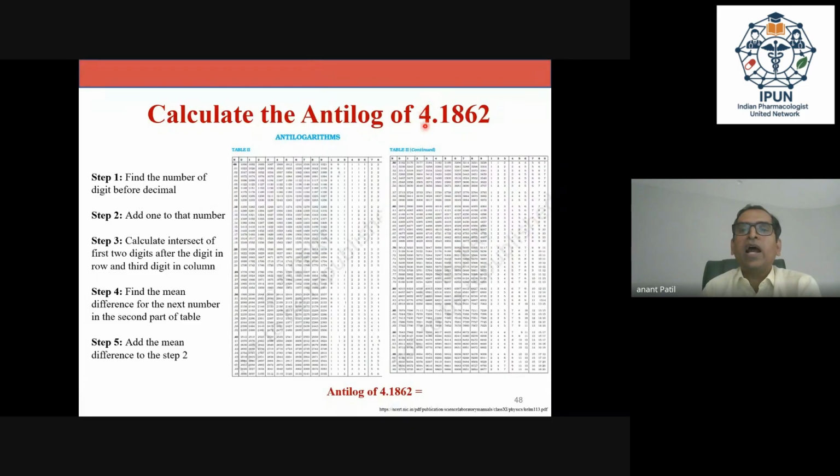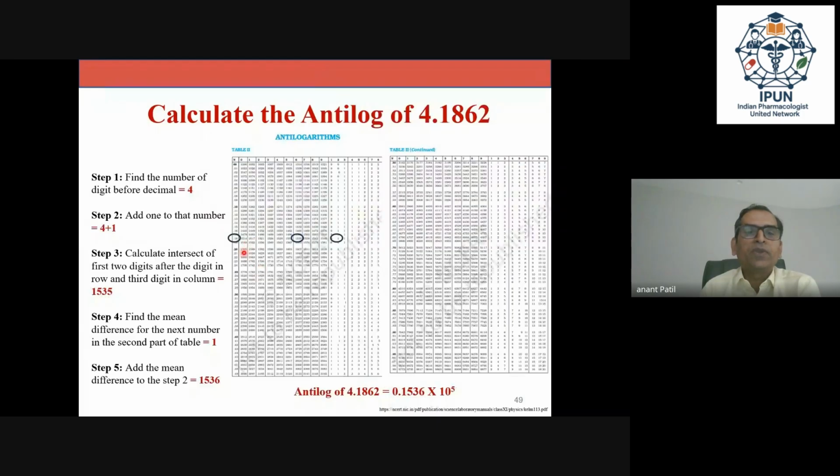So you just add one number and make 10 raised to, because I told you the log uses 10 as a base, and that's why this becomes 10 raised to 5. Now forget about this number, then you go to 18 and 6 and 2. Look at 18 and the intersect of 6 is 1535 and then there's 1 here. So it becomes the